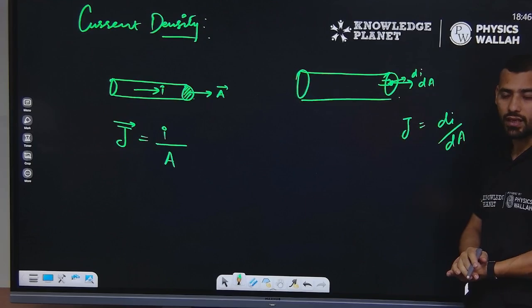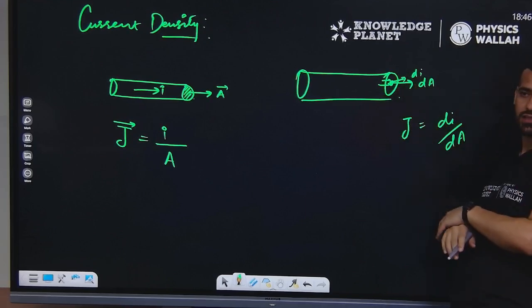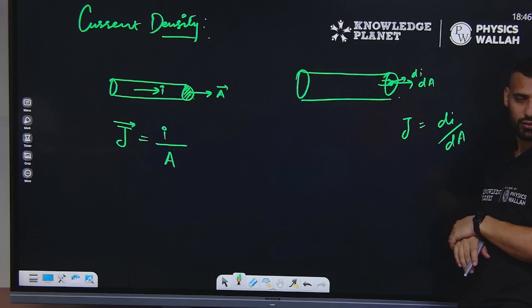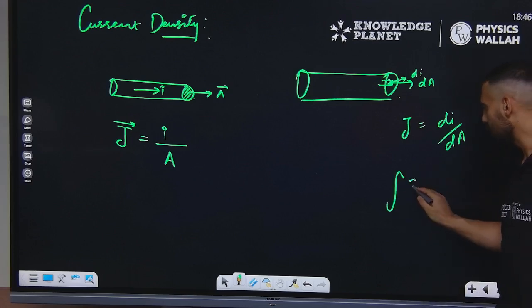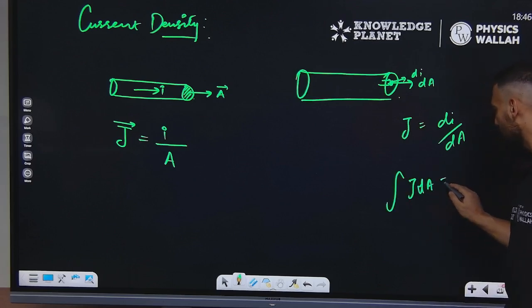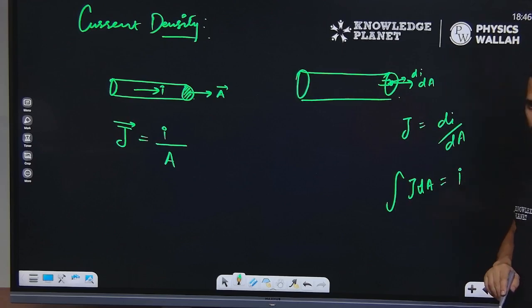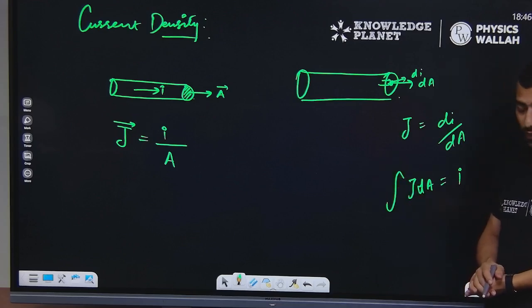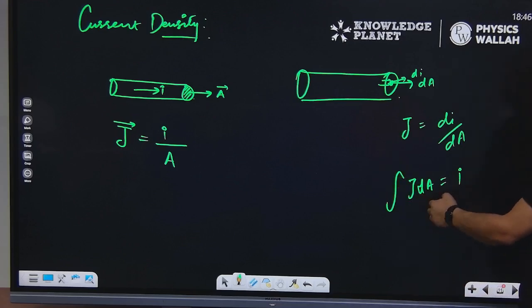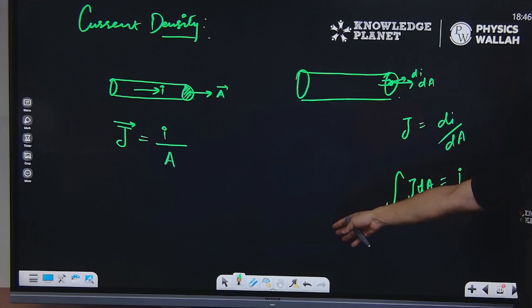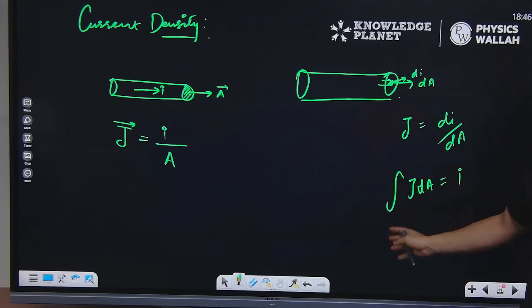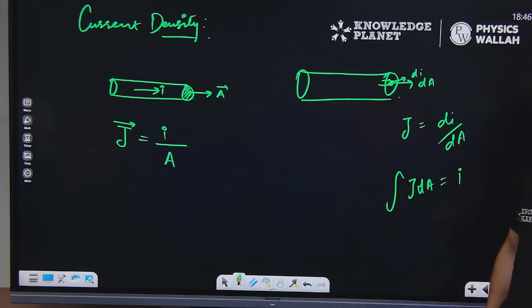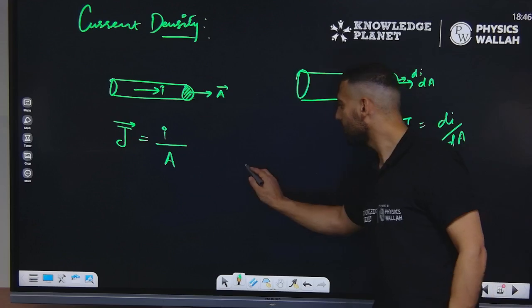Is that fine? In order to find the total current in the circle, what do you do? You integrate that. You integrate J dA is equal to I. Fine. And you integrate it from 0 to whatever area. The thing is, J can be constant, J can be variable as well. If it is constant, you can take it out. If it is a variable, you cannot. You just have to apply whatever the equation will be given. But what I am trying to say is, there can be some other case where